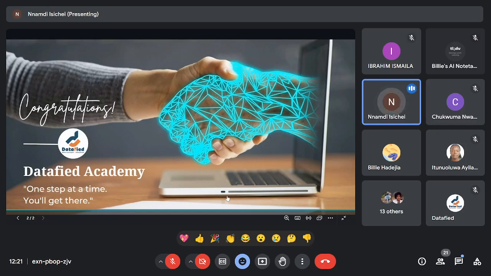Those that scale through this process will be contacted on Friday, and we will join the onboarding session on Saturday the 11th, at 4 p.m. WAT.